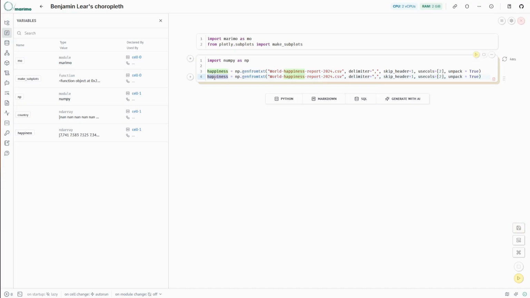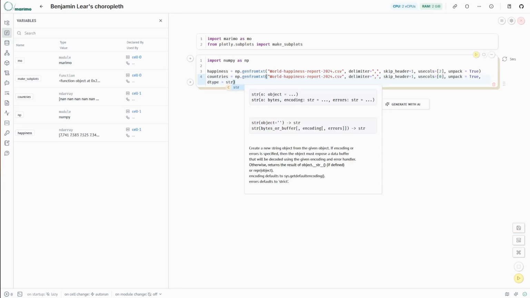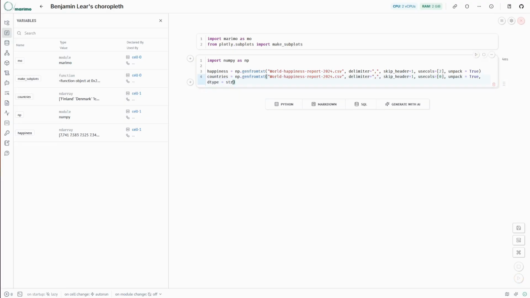And so we'll say countries, and then delimiter, use column 0. We still have not a number here for countries, and so we need to tell it what the data type is. And so now we have dtype, data type equals str. That's the sort of official Python name for a string. And now you'll see that we do have countries, and it's the names or the strings associated with each country. So now we have the data imported